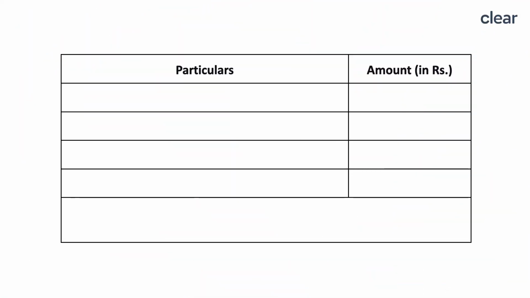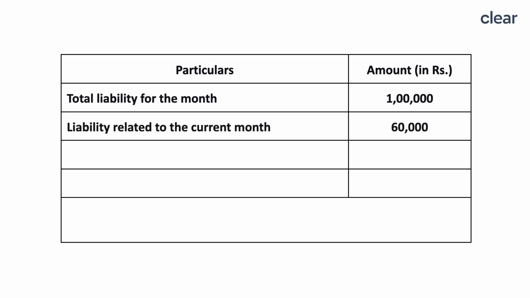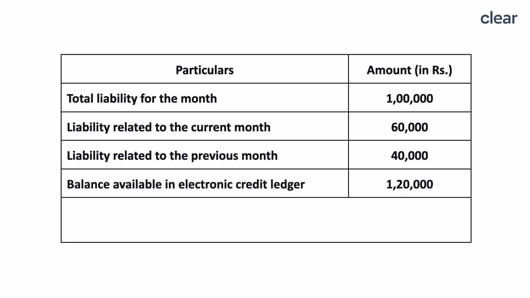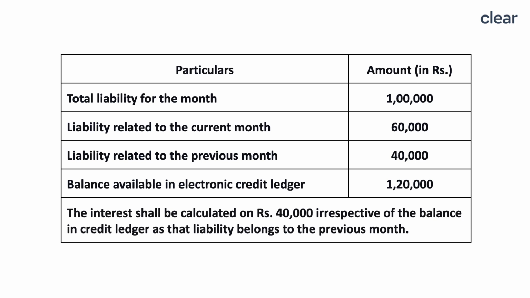For example, your total liability for the month is Rs 1 lakh. Your liability related to current month is Rs 60,000, whereas your liability related to the previous month is Rs 40,000. Balance available in electronic credit ledger is Rs 1,20,000. Now, the interest shall be calculated on Rs 40,000 irrespective of the balance in credit ledger, as that liability belongs